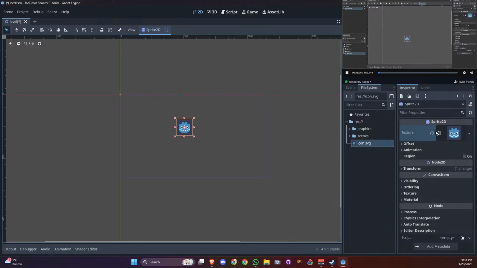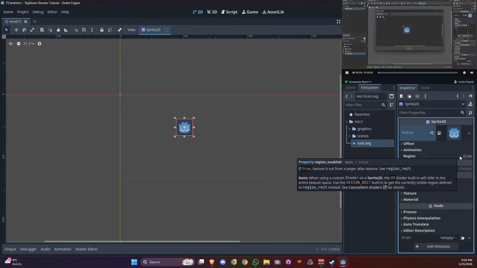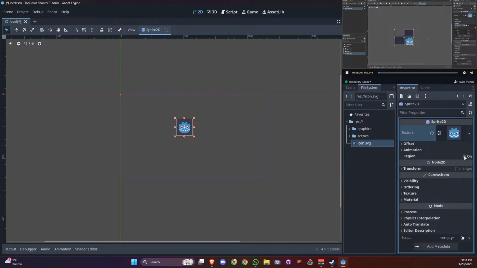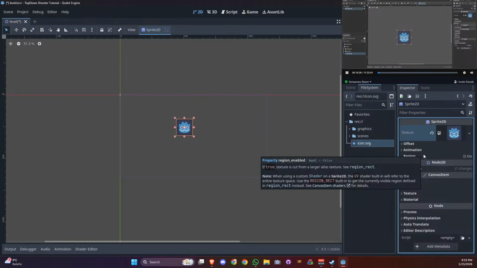And we have a region. If you enable that, the image disappears. However, what you can also do is edit region, then you get another dialog. And in here, you can select one region of the image. So let me just cut out a part of it and then click on close. And now you can see some slightly weird behavior. Don't worry about this too much because later on we're going to work with this in more detail and fix these weird artifacts. For now, I am simply going to disable the region, and then we are back to the